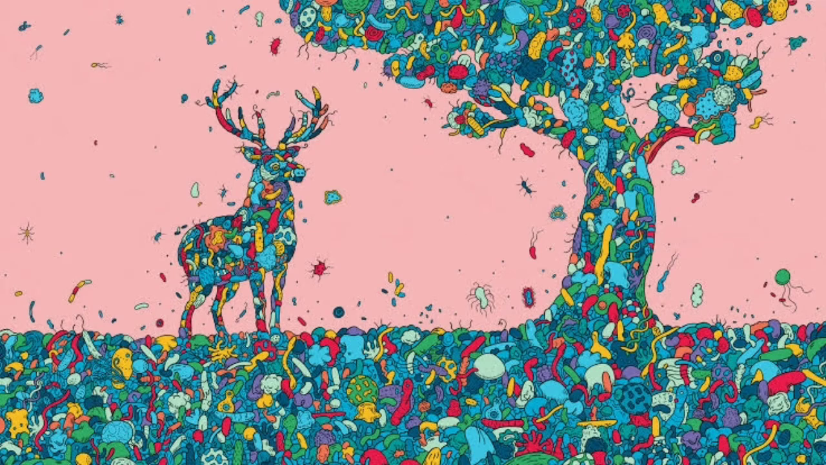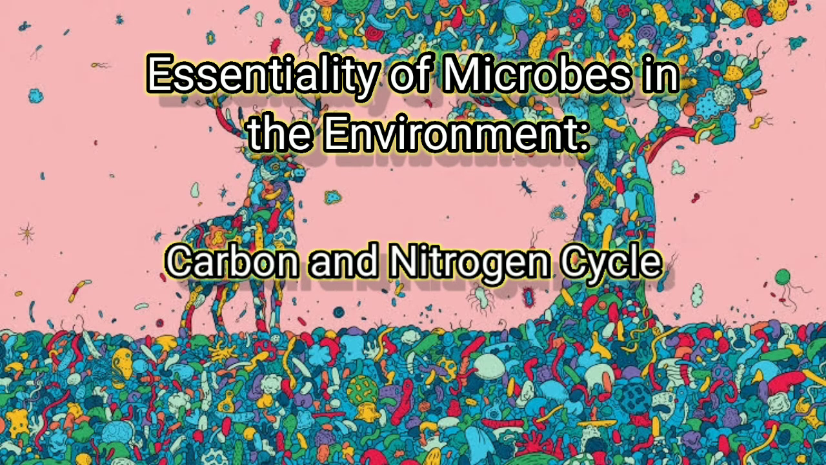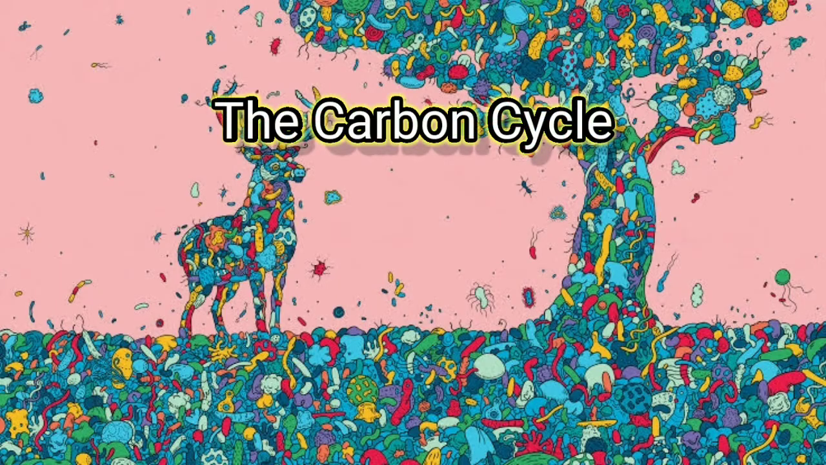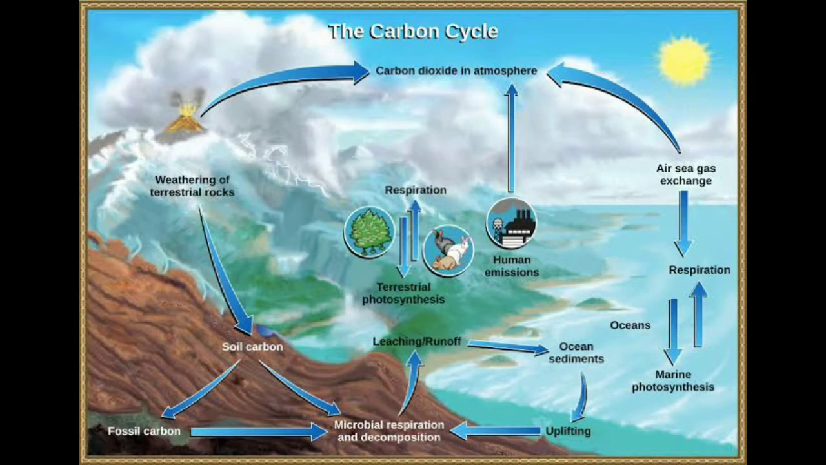Good day everyone. Today we are going to talk about the essentiality of microbes in the environment: the carbon and nitrogen cycles. The carbon cycle. Microbes play a critical role in the carbon cycle on the global scale, as carbon is a key constituent of all living organisms. Microorganisms make carbon available for living organisms and for themselves as well by extracting it from non-living